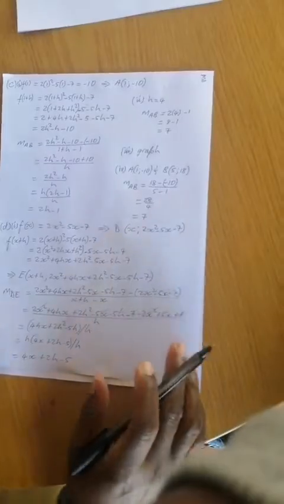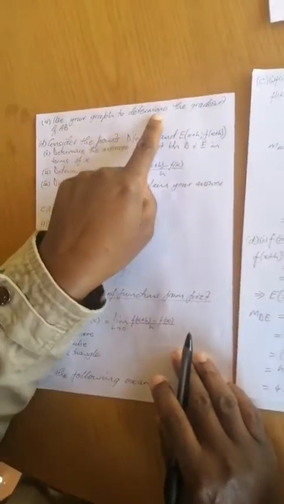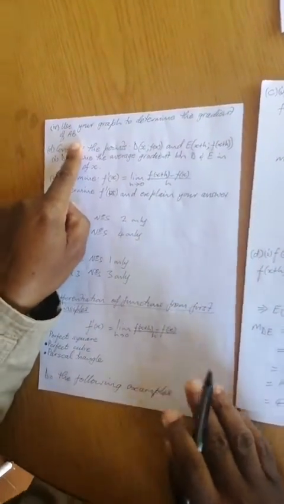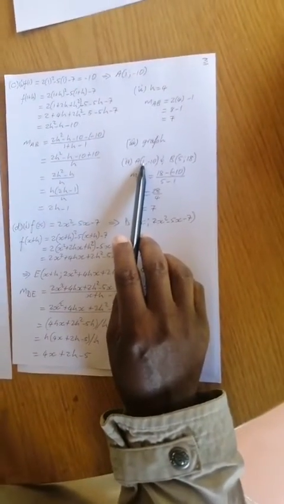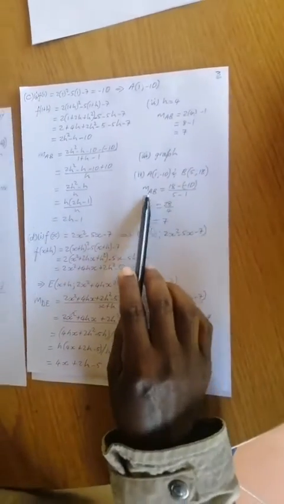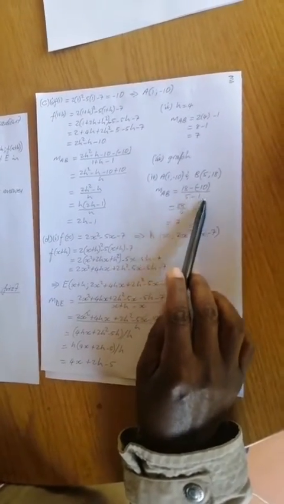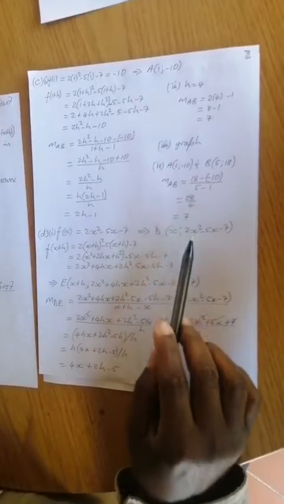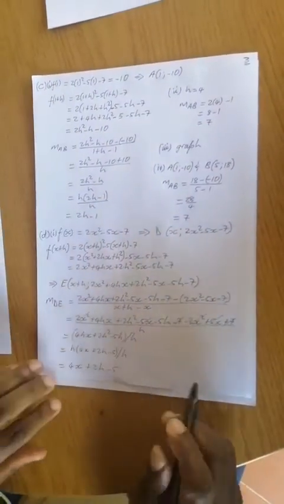Enough of that. Part 4. Part 4 reads, use your graph to determine the gradient of AB. Now we want the gradient of AB. Our coordinates for A are (1, minus 10). B is (5, 18). So using the gradient formula, we have 18 minus minus 10 over 5 minus 1, which gives us 28 over 4, which is equal to 7. Then part D is saying,